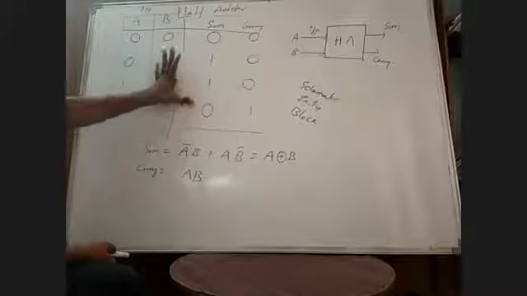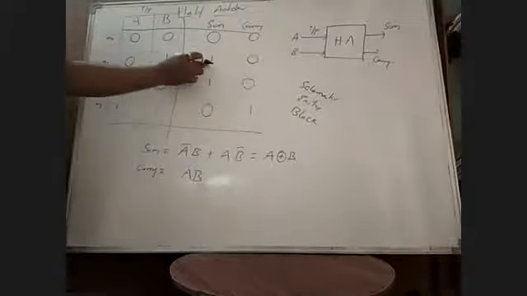Now we have written this with respect to our outputs. Output condition check: this is my output expression for sum. Sum equals 1 for the min terms. In terms of min terms, the inputs 0 0, 0 1, 1 0, 1 1 are min term 0, min term 1, min term 2, min term 3. Sum equals 1 for min term 1, A 0 B 1, and for min term 2, A 1 B 0.